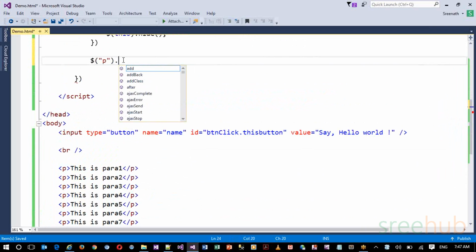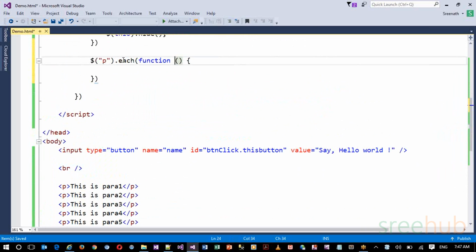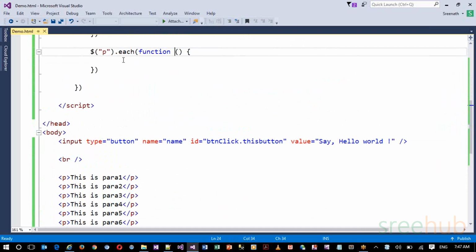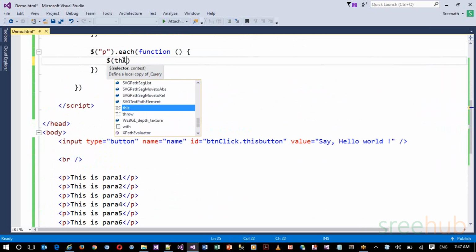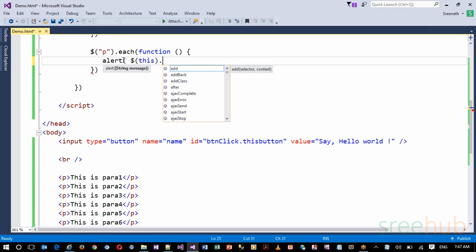Now here I'll be mentioning something called each. Perfect. Each is an action method. So in this each method, what to do? Let's understand. In this action, we'll get each paragraph at a time. So we'll have dollar of this, which is the current paragraph. Let me keep it in an alert, saying dot